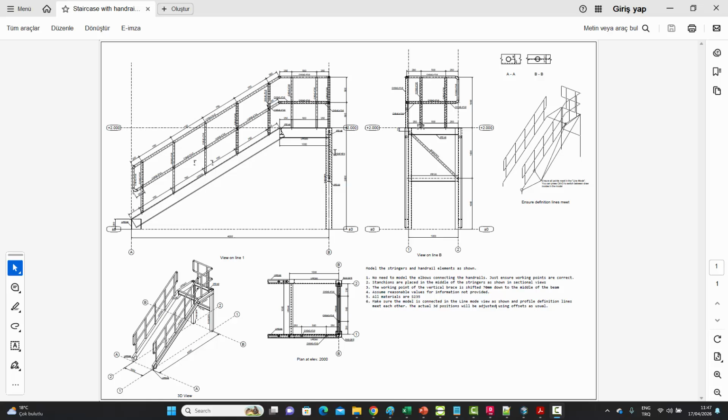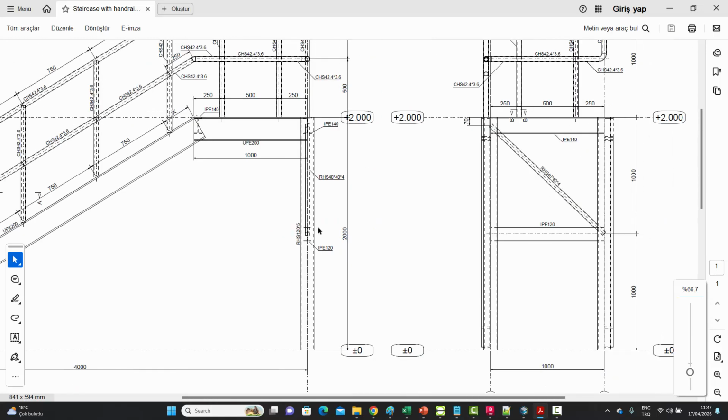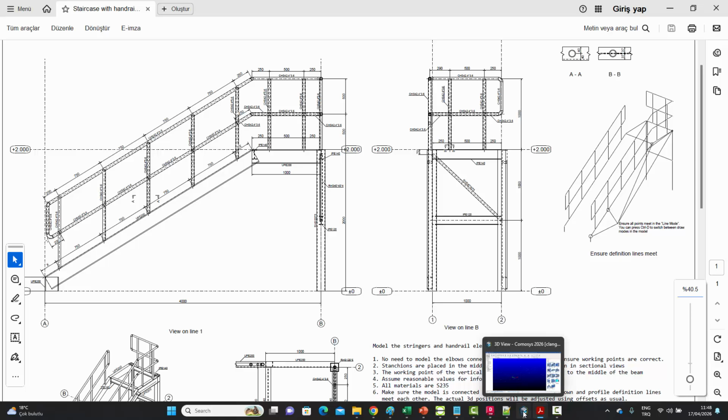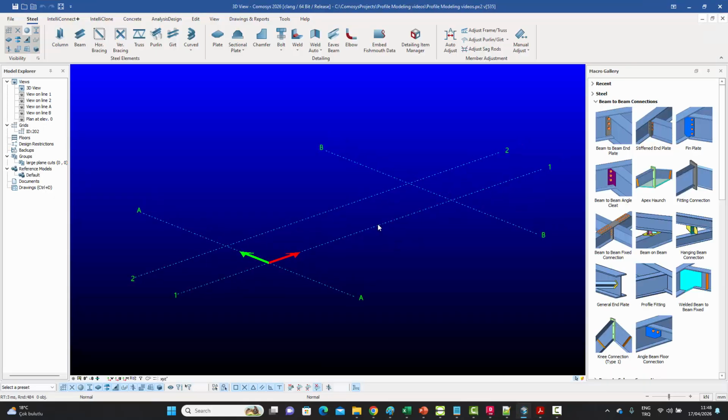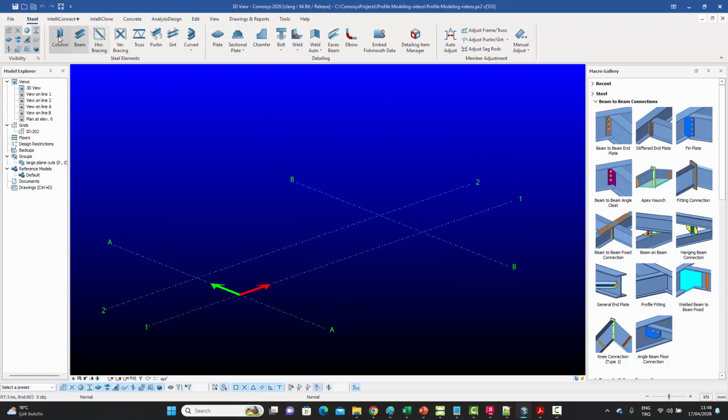So let's start with the columns. The column section was RHS 120 by 5 millimeters, and they're 2 meters high at the backside. So we go to our model. I've already defined the grid as 0, 4000, 0, 1000. So we can just place the 2 columns